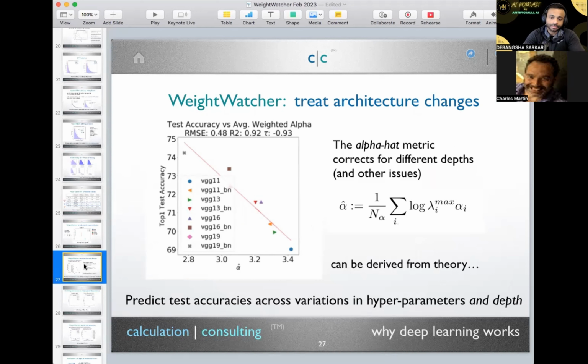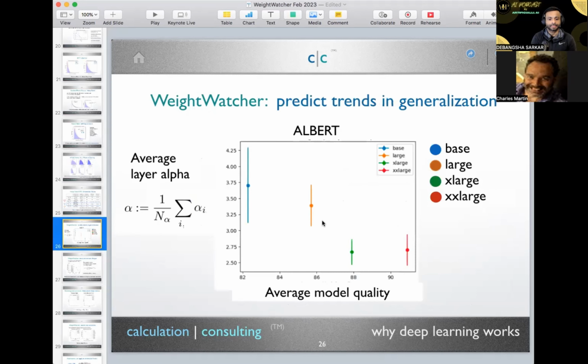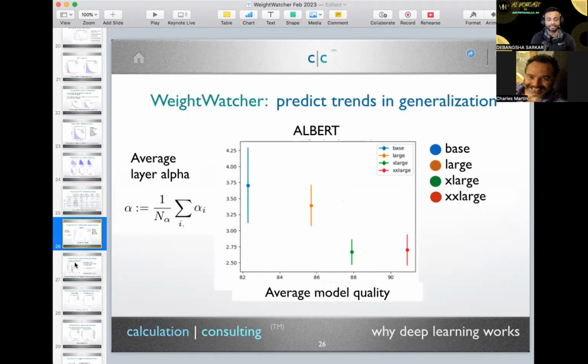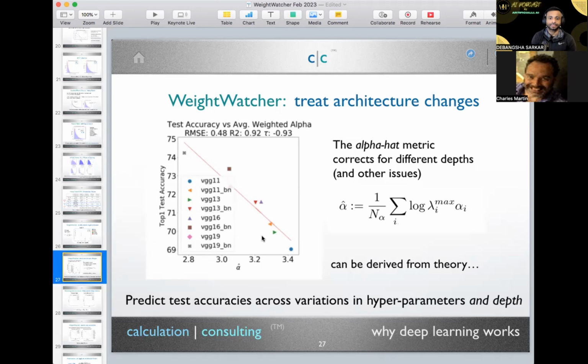And it turns out this actually works better than just looking at the log spectral norm itself. The log spectral norm actually does correlate with depth. We discovered that there are some funny things going on: when you change the depth of a model, you have a sort of funny Simpson's paradox. We have a paper on this. We've tried to publish it several times. It's very subtle, but we think changing the depth or the architecture of a model is fundamentally different than just varying the hyperparameters or adding data. Here the width is changing, not the depth. Here the depth is changing. So when the depth is changing or there are other issues, we have this weighted average.